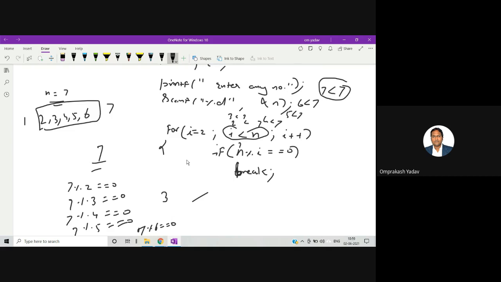This is what is to be understood. If a number is really a prime number, then it will not be divisible by any of the n minus 1 numbers, so this break will never be executed, right? The loop will be terminated only when all the numbers have been checked and this particular condition has become false, right? Then only the loop will terminate. And when this condition becomes false,